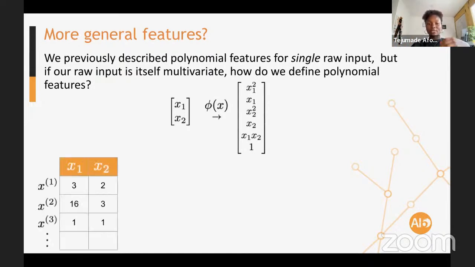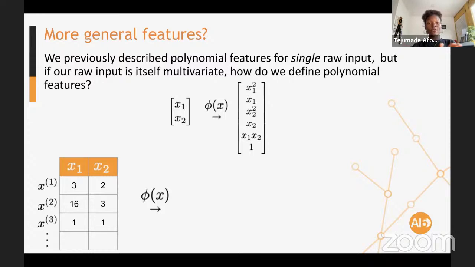So whenever you see someone do a polynomial degree 2 on 2 features, you're expecting this number of features to be generated. Just to show you with real numbers, let's say you have x1, x2 features, and it's like 3, 2, 16, 3, 1, 1, and so on.